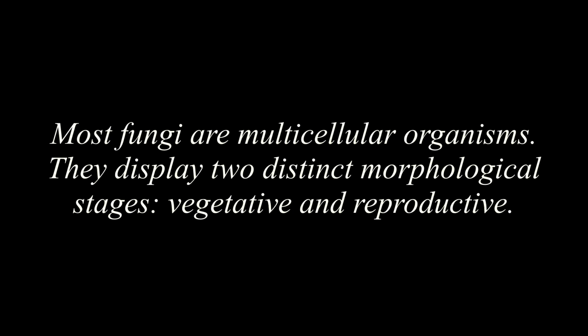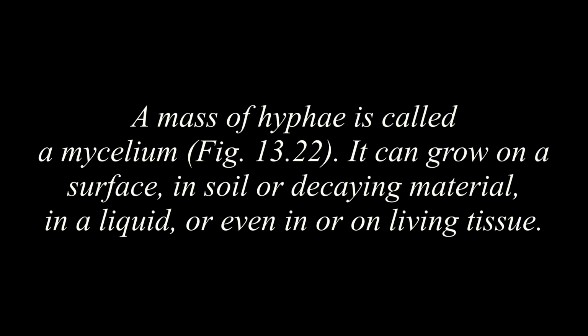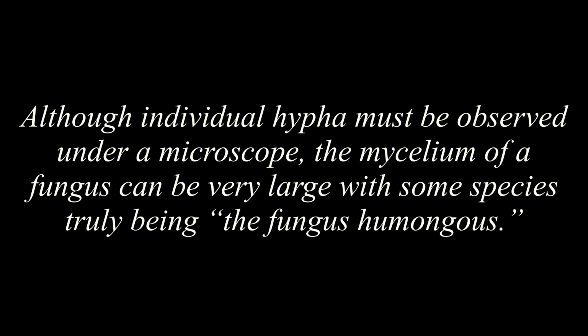They display two distinct morphological stages, vegetative and reproductive. The vegetative stage is characterized by a tangle of slender, thread-like structures called hyphae, singular hypha, whereas the reproductive stage can be more conspicuous. A mass of hyphae is called a mycelium. It can grow on a surface, in soil or decaying material, in a liquid, or even in or on living tissue. Although individual hyphae must be observed under a microscope, the mycelium of a fungus can be very large,